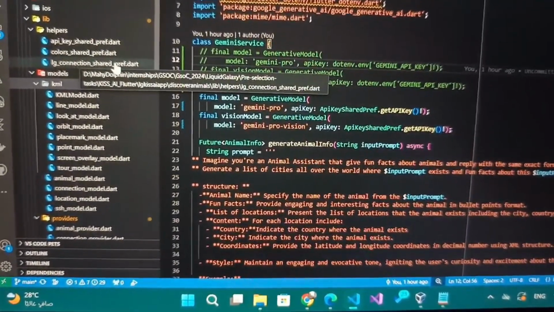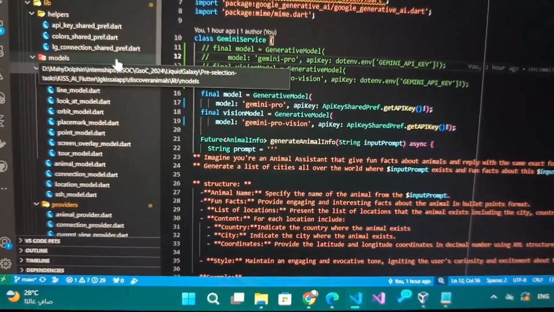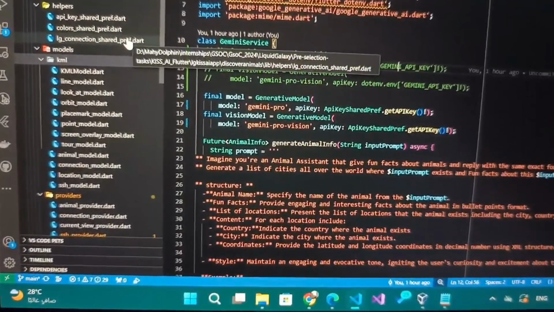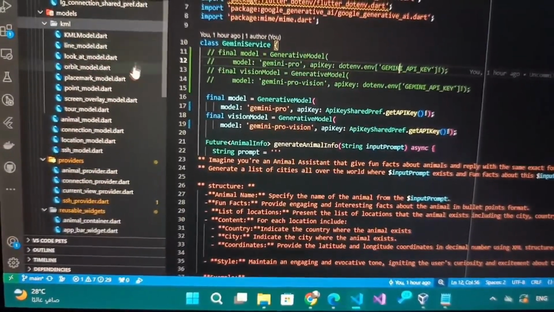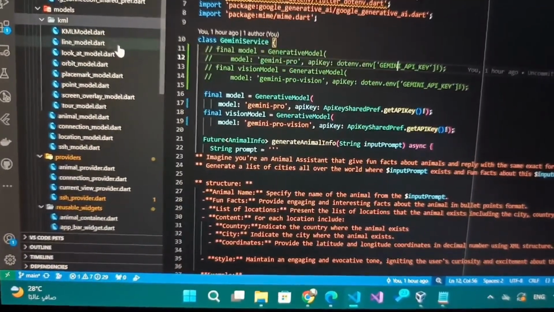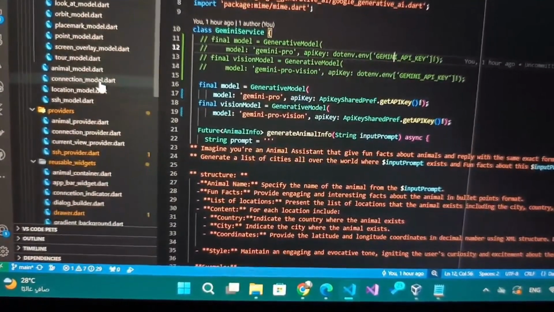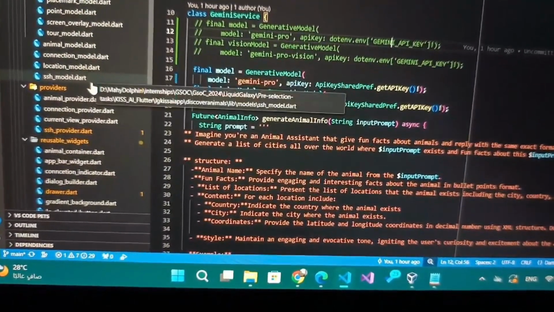We have the LG connection to save the connection every time the user opens. You see the connection details, so he doesn't have to type them in again. We have the models for the KML, like the KML model, the look at, and orbit, and so on. And we have the animal model, connection model, location model, and SSH model.